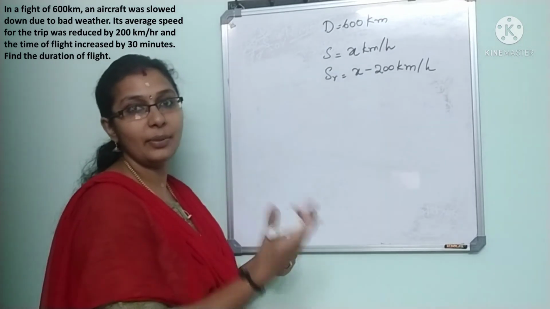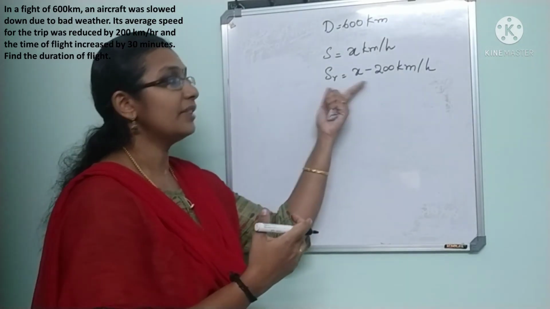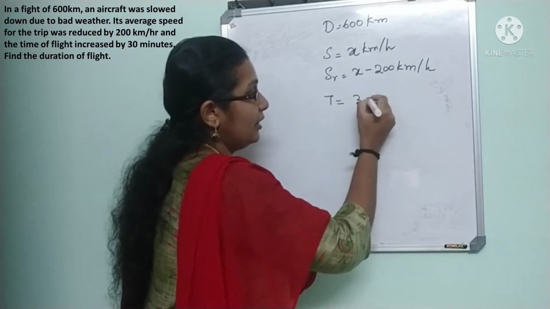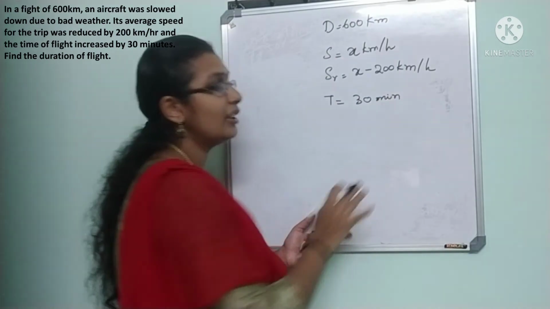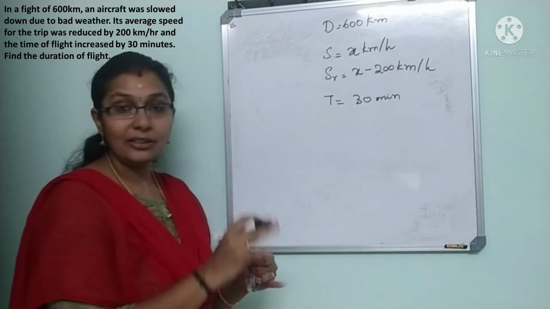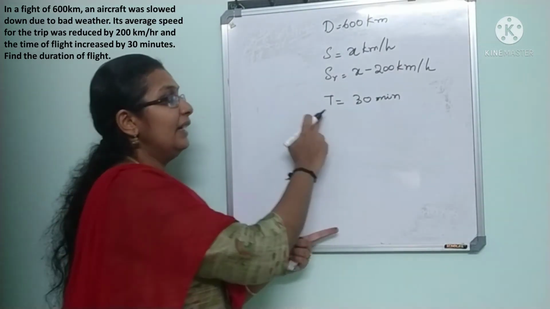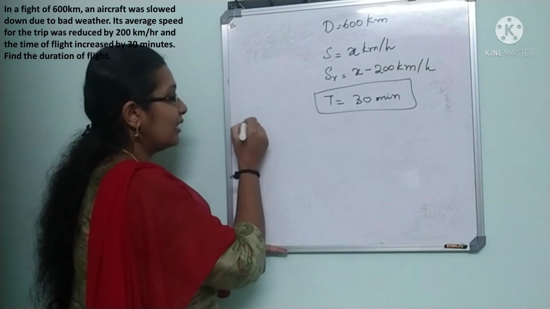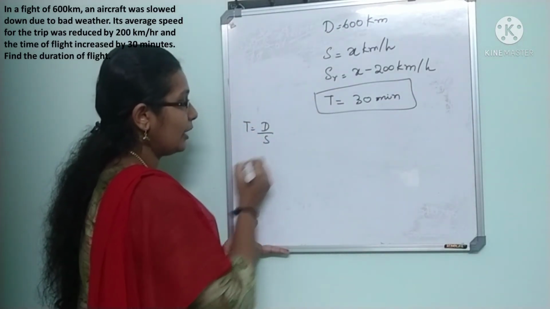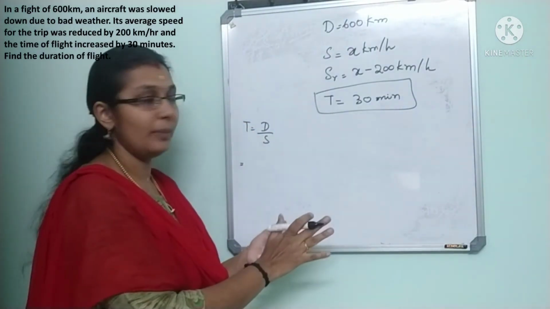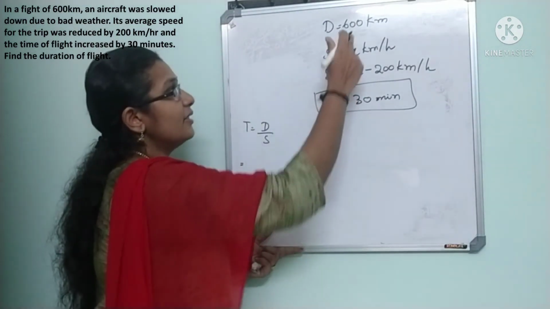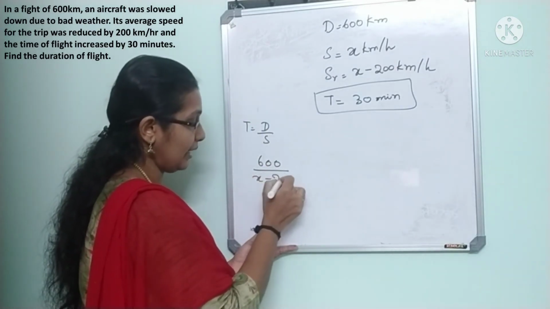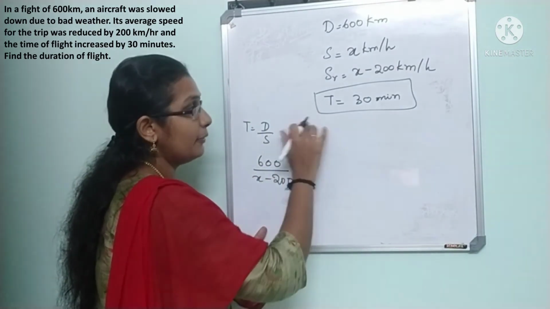Now it is reduced by 200 km per hour, so x minus 200 km per hour. And the time increased by 30 minutes. Now we have to find the timing. So as usual, just like the previous sum, here we are using the timing concept and finding the answer. So time is equal to distance by speed. Always remember, distance is 600 divided by speed x minus 200, minus